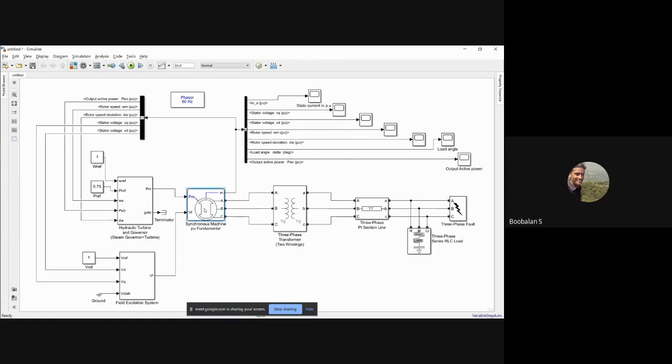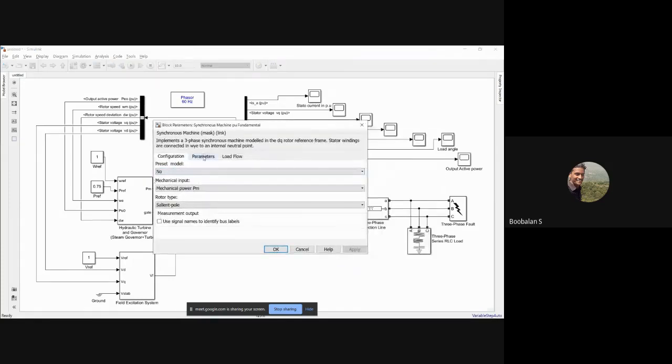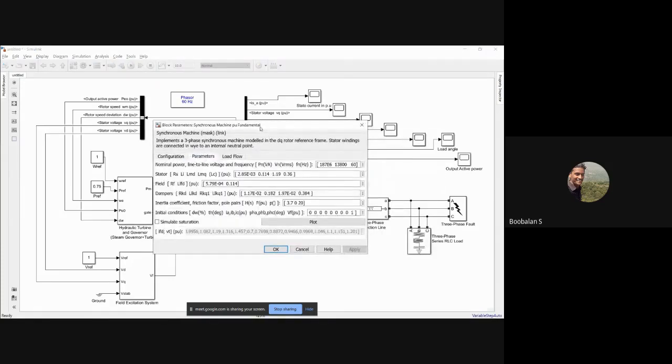For the default parameters, double click on this particular synchronous machine. In the parameters, the maximum line to line power is 187 times 10 to the power 6, so 187 megavolt ampere power system.